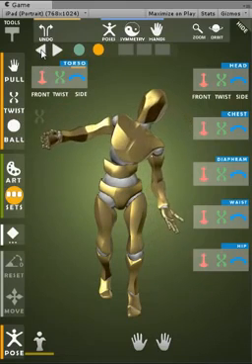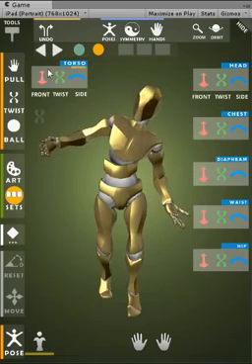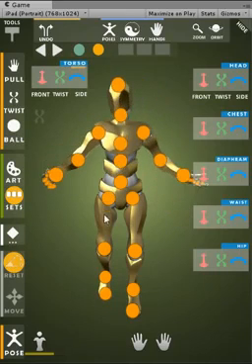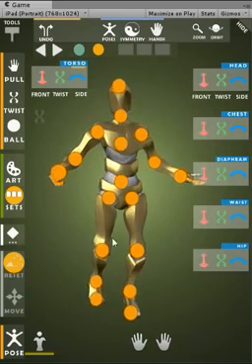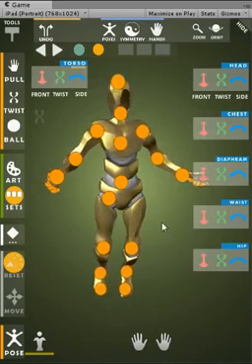Well, you either go back through the undos, or you press on the reset and find the joint that you want to undo and reset it, and that's that simple. Okay,